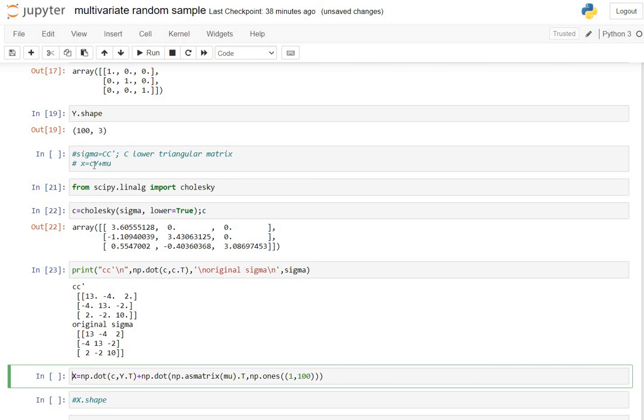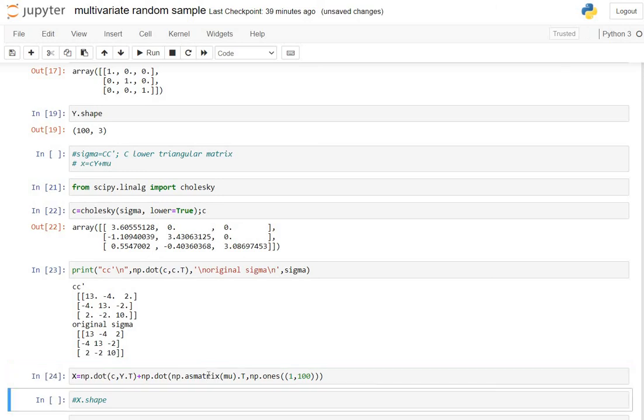Now C is of order 3x3, Y is of order 3x100, since we want a sample of size 100, and mu is of order 3x1. So to every column of CY we want to add the matrix mu. Therefore we have to repeat this mu matrix 100 times, and that's why we multiply mu by the matrix of ones of order 1x100, so that this product becomes 3x100.